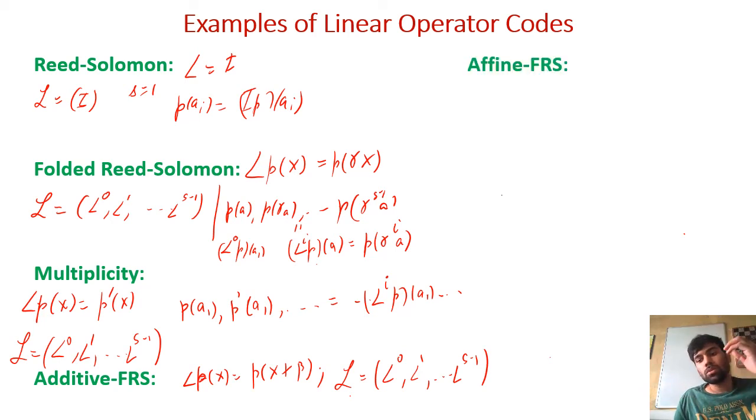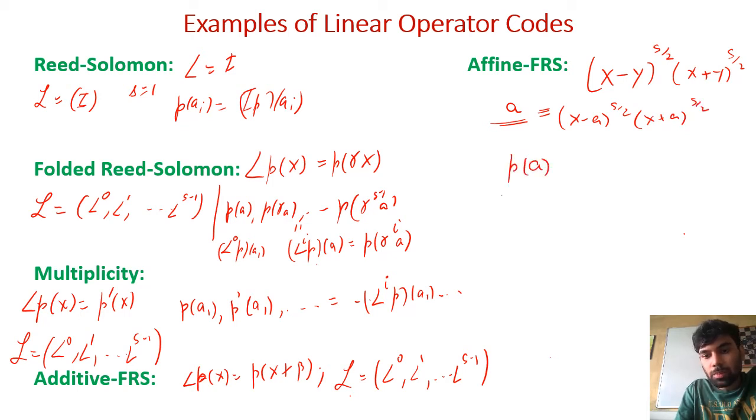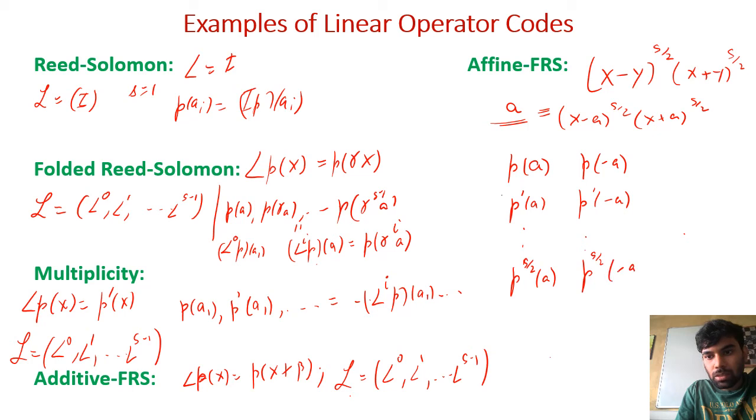And the affine FRS codes are a little more interesting in this sense. I won't give you the general description, but let's just try and see what happens for this specific code which is not covered by the previous examples. So firstly, when we want to go mod this bivariate ideal at the evaluation point a, that is the same as going mod this polynomial, which is the same as specifying not only the evaluation of P at a, but the evaluation of its derivative at a, its s by 2 minus 1 derivative at a, and the evaluation of P at minus a, its derivative at minus a, and the s by 2 minus 1 derivative at minus a,